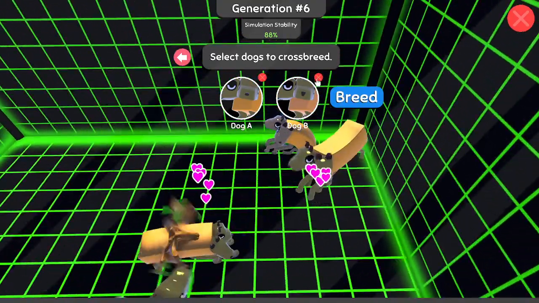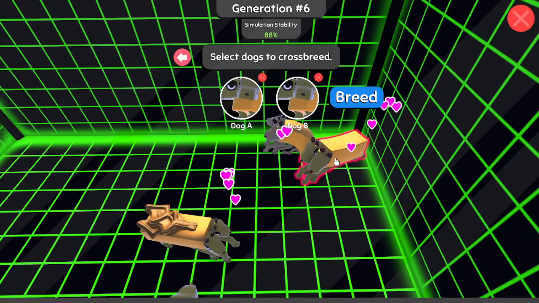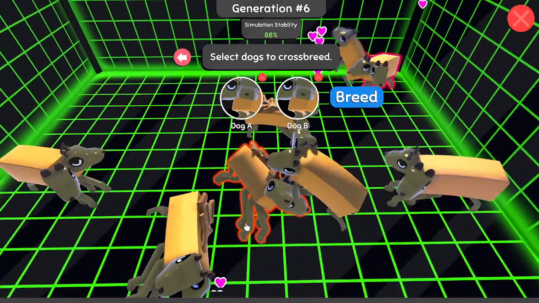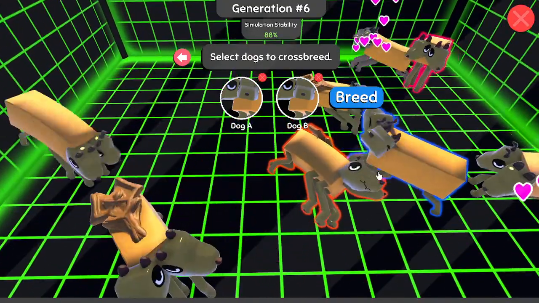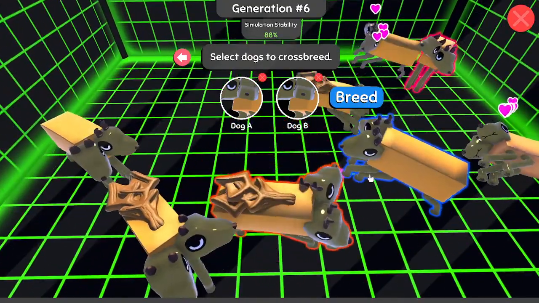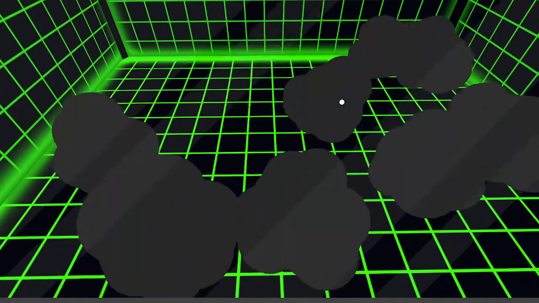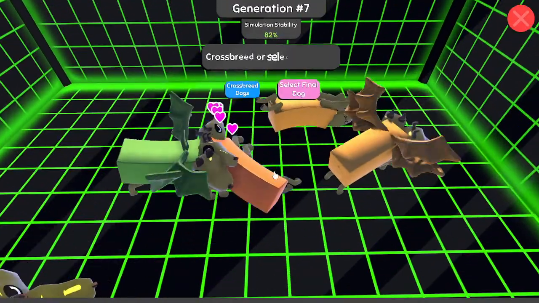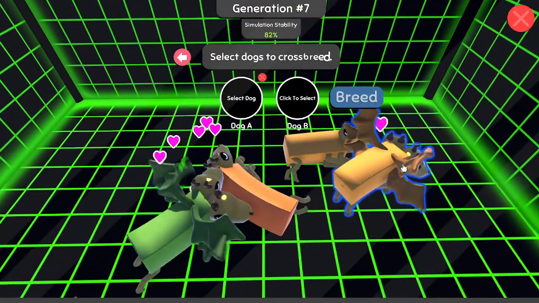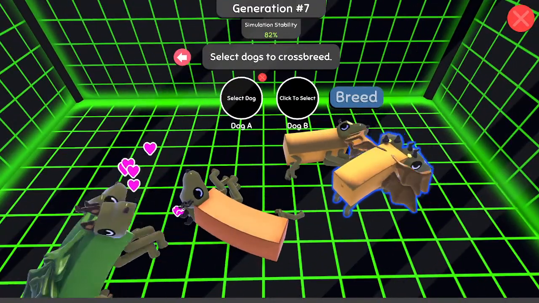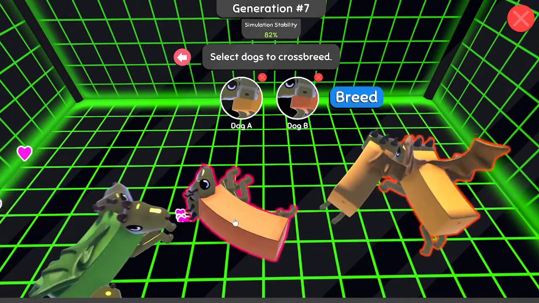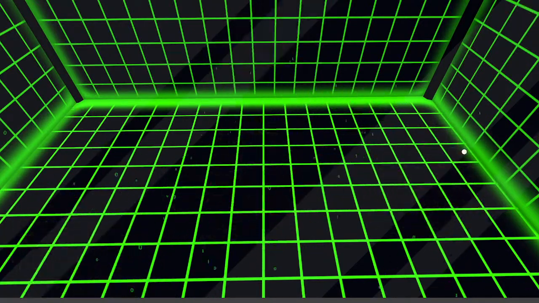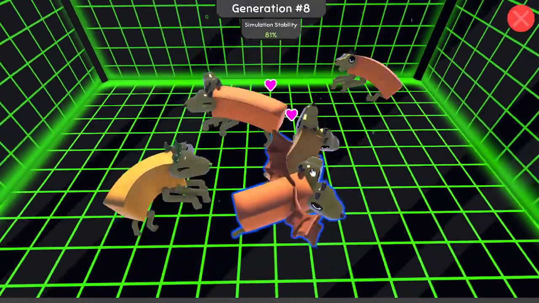Okay, we got different shades. Oh, I don't know if that shade is darker or not. Oh, me. Yeah, that time I'm sure I clicked the thing. That's why I'm like, why are you not selecting?